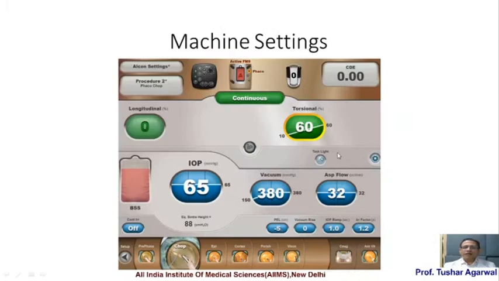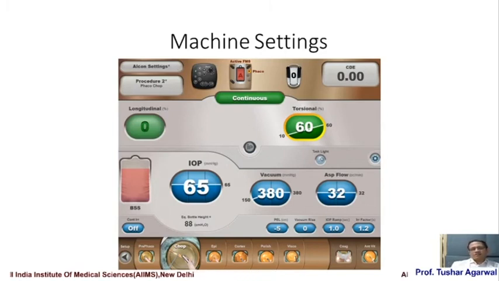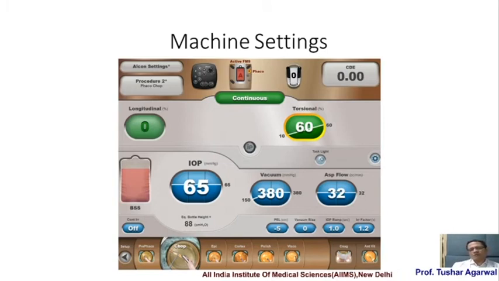Now here I'd like to give a small primer of the machine settings. All people from outside might be using different brands of machines. The thing to understand is that the brands may be different, the names they use for each setting may be different, but there are 4 basic parameters. If you master them, if you know what they do, you can do a case very well on each machine.